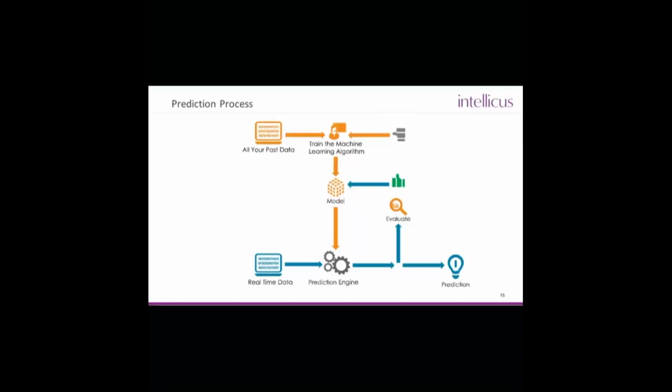How do we create a model? How do we use that in this environment? When Rajesh talked about all the past data, starting with fraud detection, we're going to take known fraudulent transactions that we know someone did fraudulently, and we're going to throw the machine learning algorithm at those transactions. The machine learning algorithms will look at each one of these transactions, figure out the characteristics of a fraudulent transaction, and then they'll build the model. And we'll test it, we'll test it, we'll test it. We'll make sure that it's as good as it possibly can be.